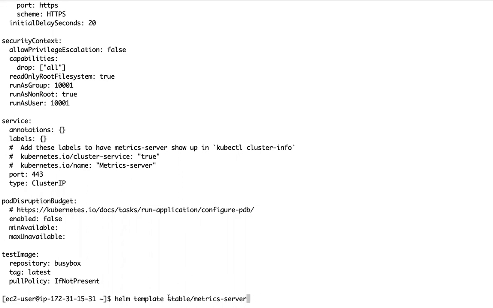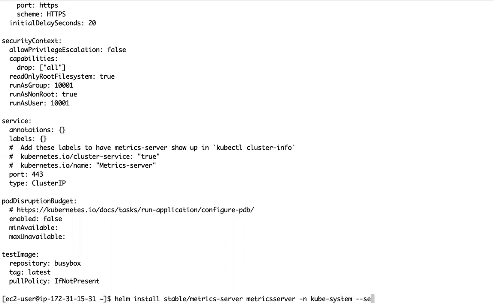So those values file is also part of this Helm chart. Those templates are also part of this Helm chart. What I can do while installing that chart, I can do something like this. Helm install the chart name, something like this, metrics server, our application, like some namespace. If you want to give, you can give namespace.